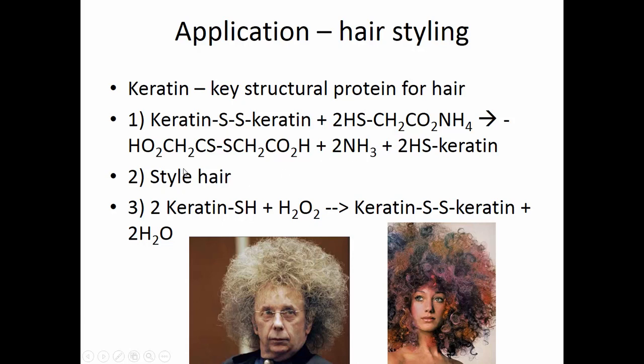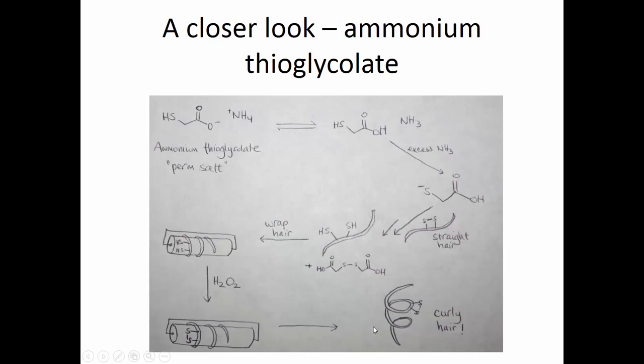and then we style our hair, and that's kind of the basis of what we call perms or permanents. And then we add hydrogen peroxide, which again will help oxidize and reform those disulfide bonds with keratin, like this. And so what does that look like? Here is a drawing of the whole process here. And so what we're adding is ammonium thioglycolate,